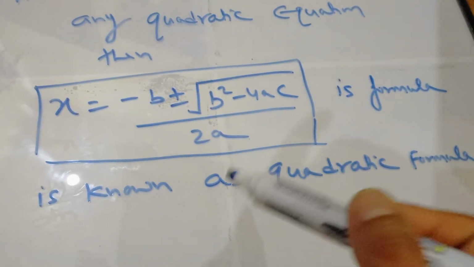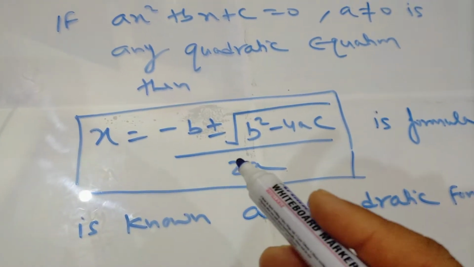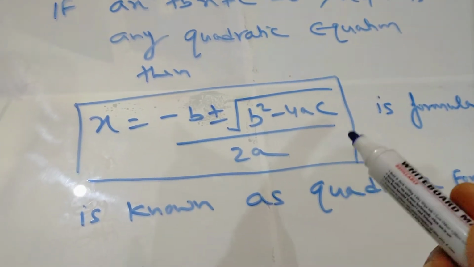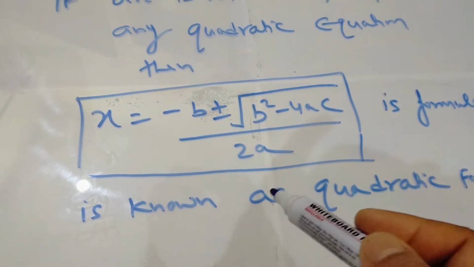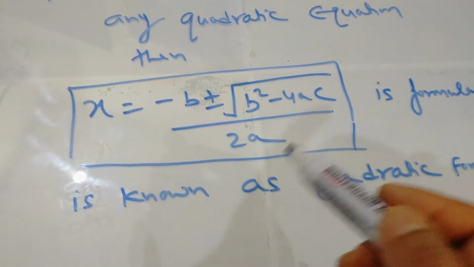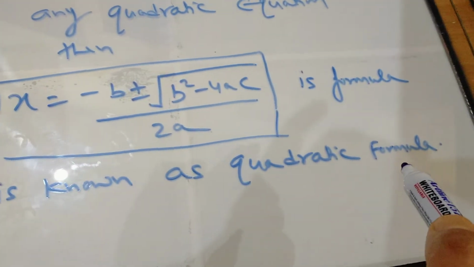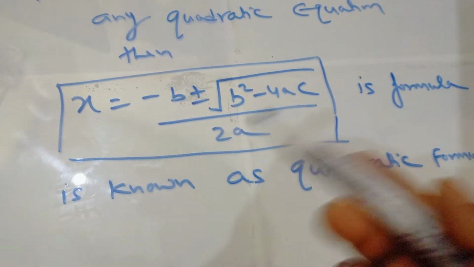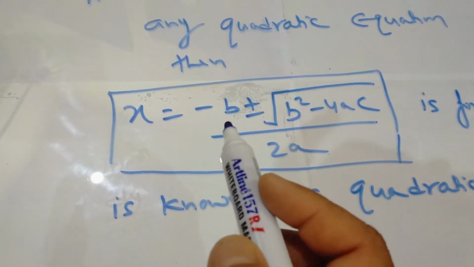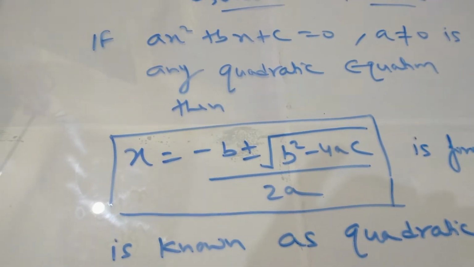In the question, if it is mentioned that you have to solve by the help of the quadratic formula, then use it. This formula is applicable and helpful in questions where there is no possibility to solve by factorization. But even if factorization is possible, you can use this formula if it is mentioned. If it is not mentioned, it is optional. This is the formula through which we can get two values of x. Through one example I will clarify how to use this formula in a particular question.